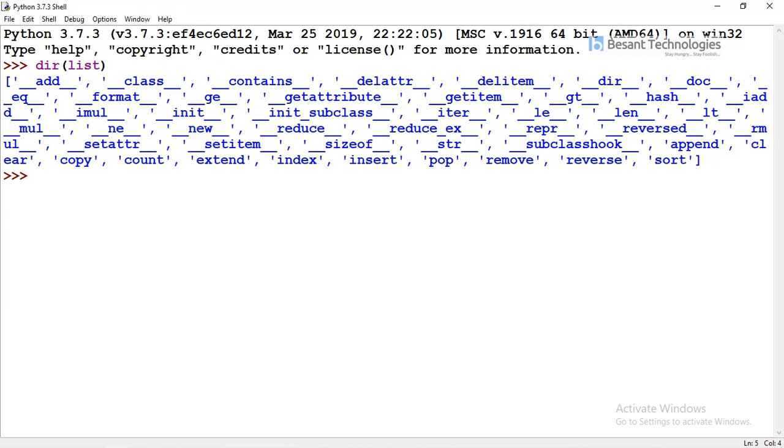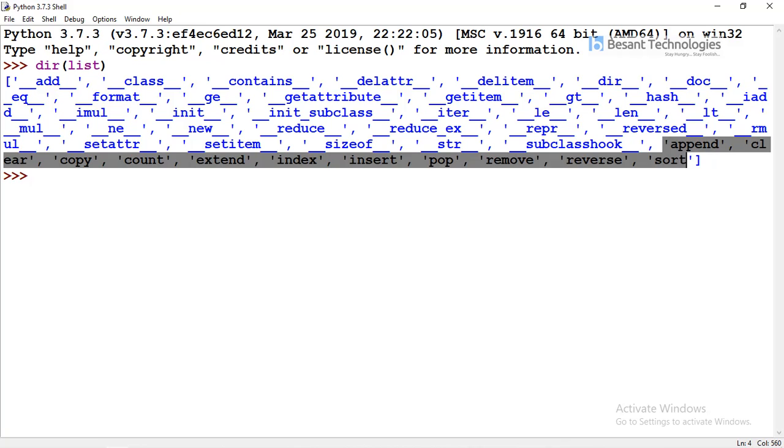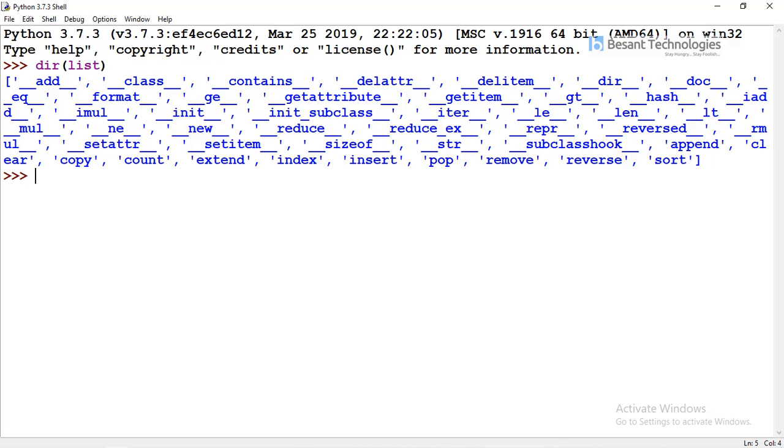Each and every data type and framework has inbuilt functions, which are known as attributes. If we try to use something apart from these, we will get an attribute error, which means the inbuilt function is not available. That's what an attribute error is.